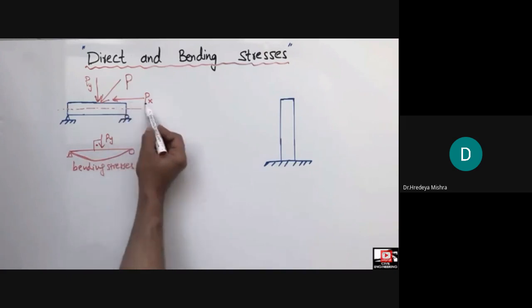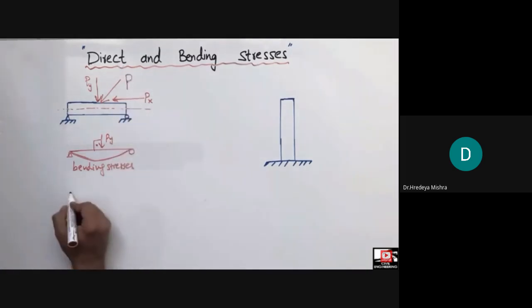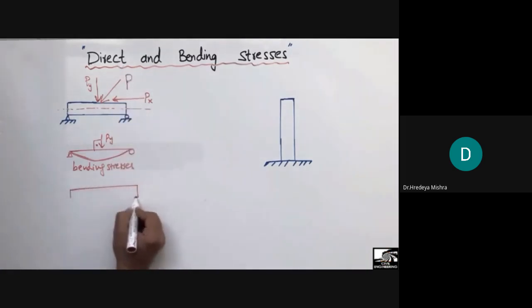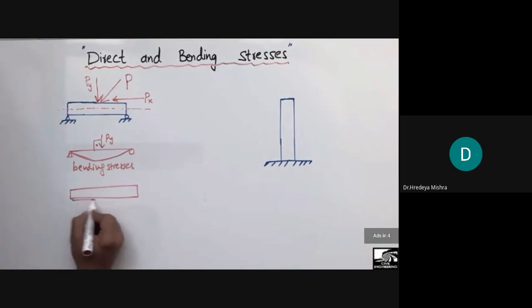While due to the horizontal component of the load, we have another type of stresses, which we call the direct stresses. If I consider the simply supported beam again here,